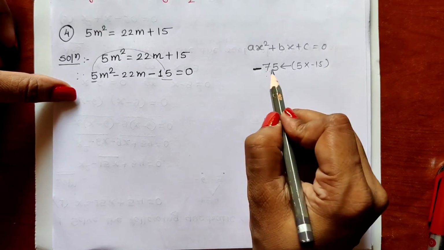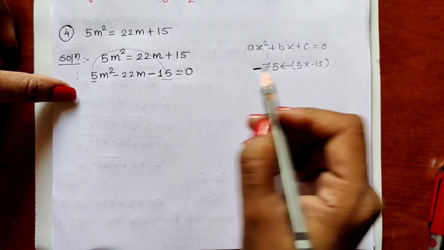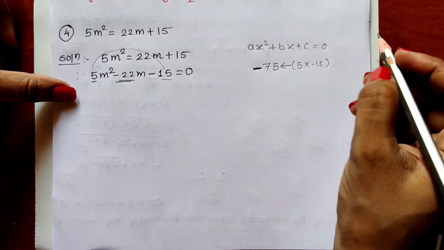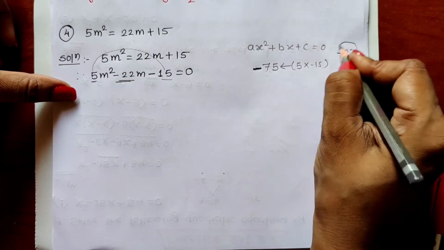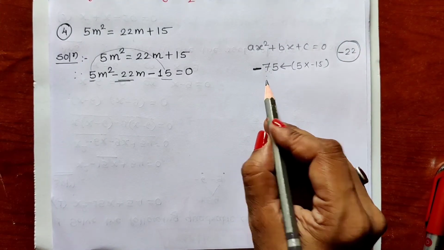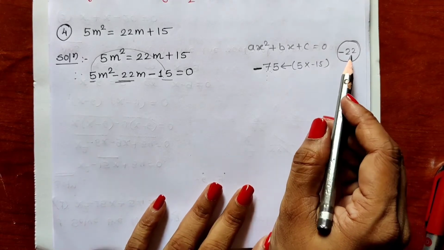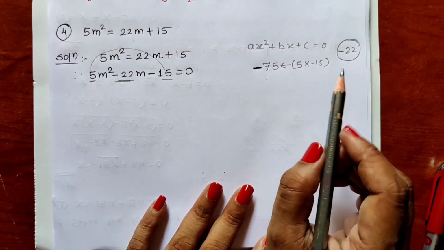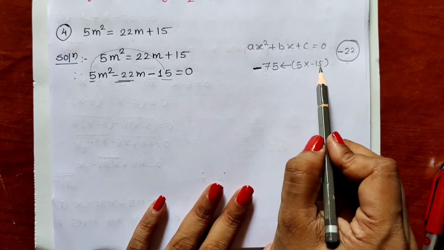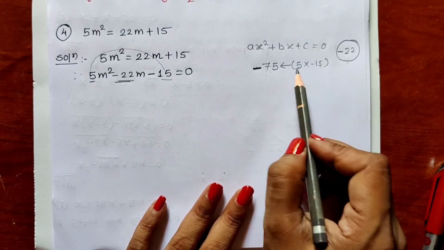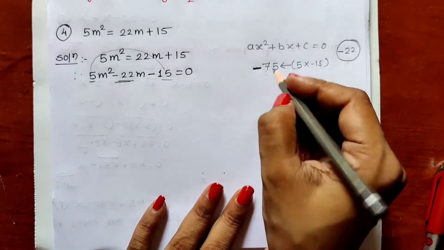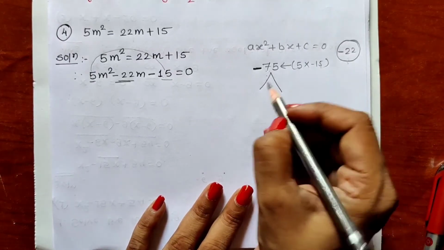So we will have to find the factors of 75 whose subtraction, as the minus sign is there, should be the coefficient of the middle term. The coefficient of the middle term is minus 22. So we have to get two factors of 75 whose subtraction is 22. We can see here two factors of 75, 5 and 15. But 15 minus 5 is not 22. So we cannot take these two factors. Other two factors can be